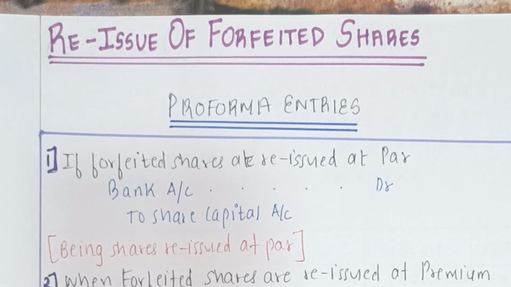Before we move on to the pro forma entries, it is important that we know the meaning of reissue. First of all, we know that shares are forfeited because only a part of the due amount of such share is received and the balance is unpaid. On forfeiture, the membership of the original allottee is cancelled, so he or she cannot be asked to make payment of the remaining amount, and the shares then become the property of the company. The shareholder has not paid money even after being reminded, so once the forfeiture is done, it belongs to the company now.